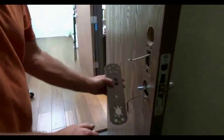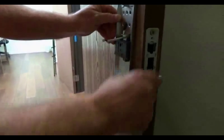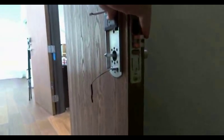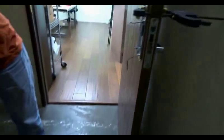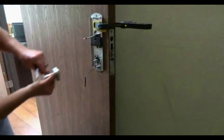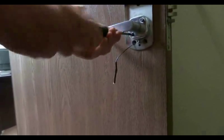Take the inside cover, the screw to screw this on. The motor wire goes through the hole on that side. This comes through over here, and we hold it on like that. I'm going to go ahead and use a small clamp to just kind of hold this in place while I screw everything in. Make sure everything's kind of lined up. Screw that in. And we're just leaving everything a little bit loose right now until we get that cylinder in